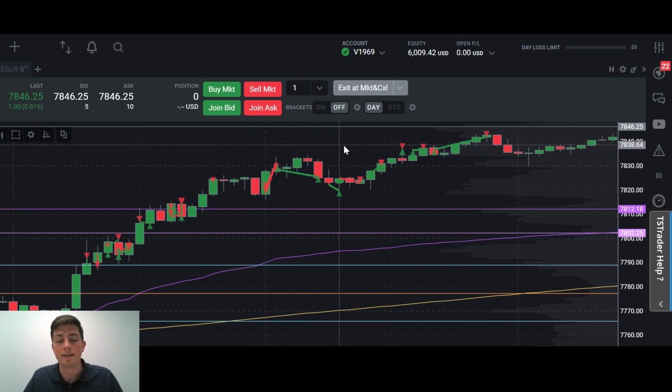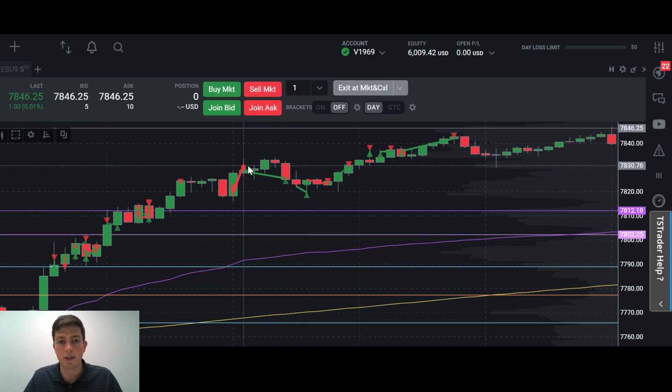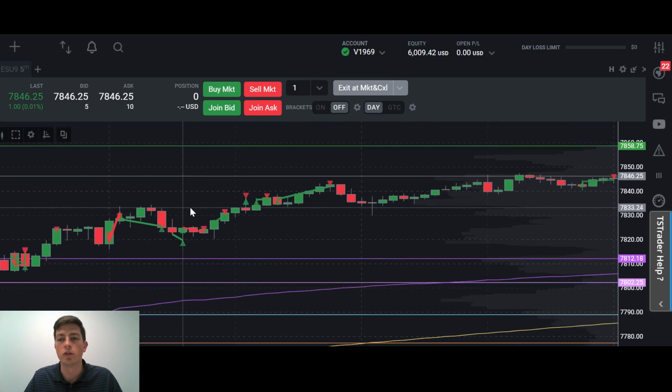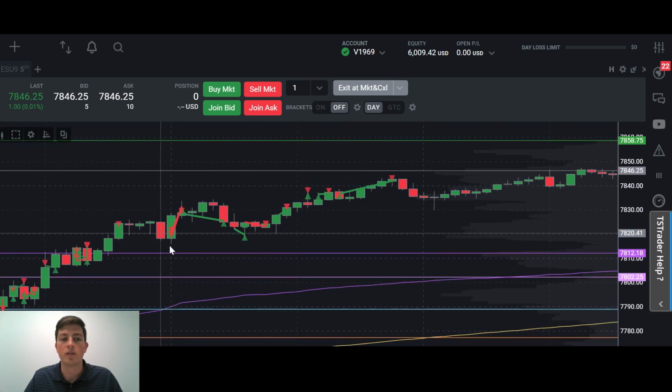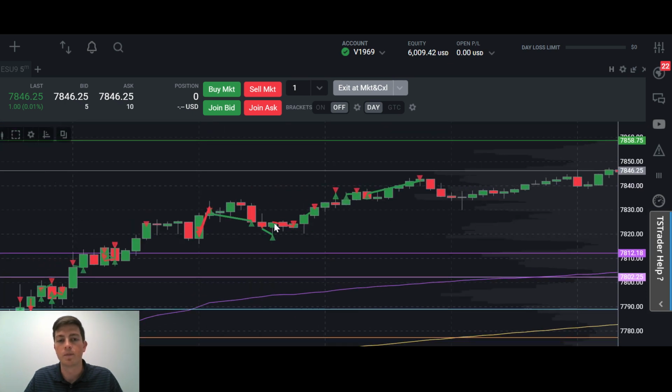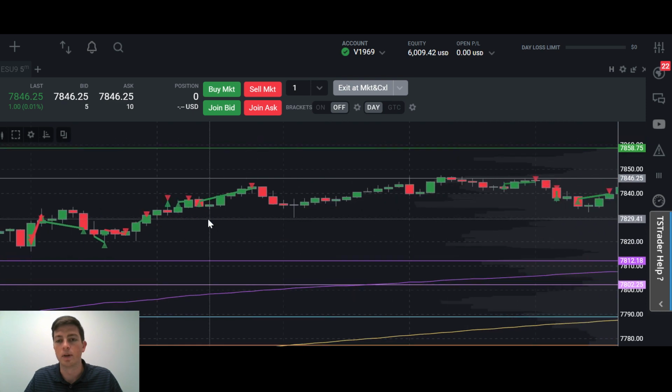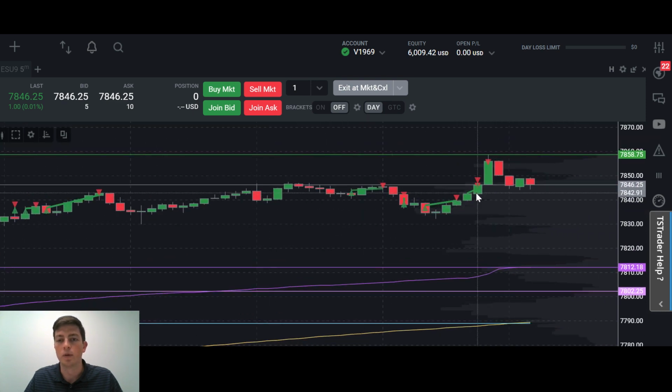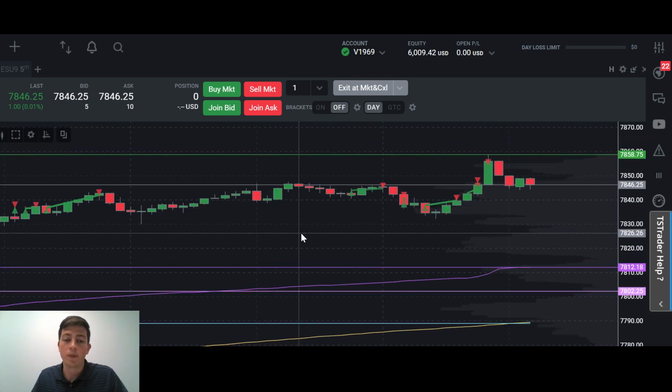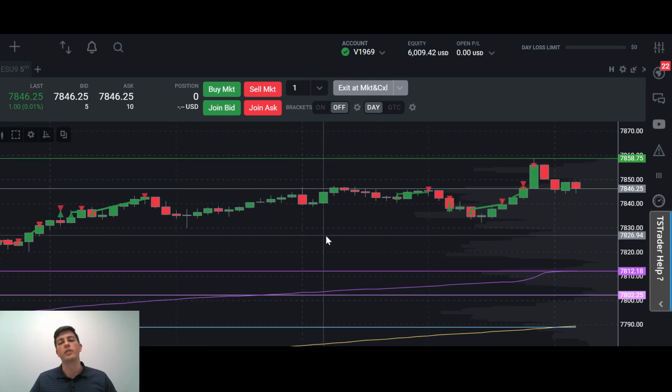So from here, I was having to play some catch up. I didn't hit my daily loss limit, but I was having to really make good, strong trades. So after this loss, we had a winner, winner, loser, winner, winner, winner, winner, winner, winner, winner, and a tiny winner, right? So we ended up trading very well after that loss, which is why I actually kept trading to